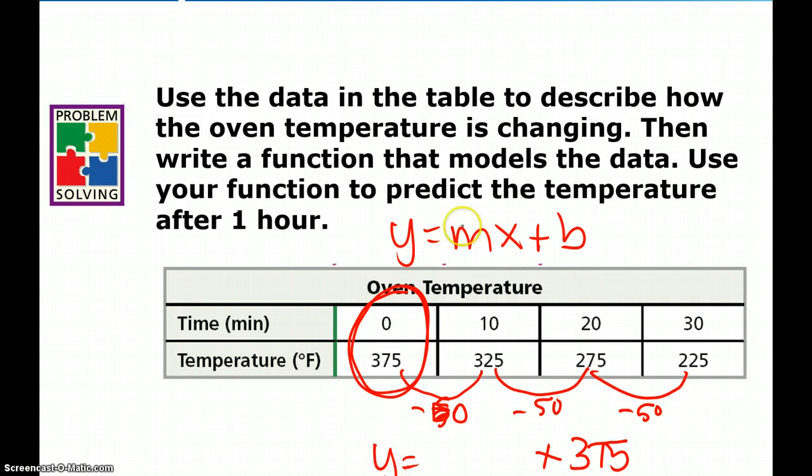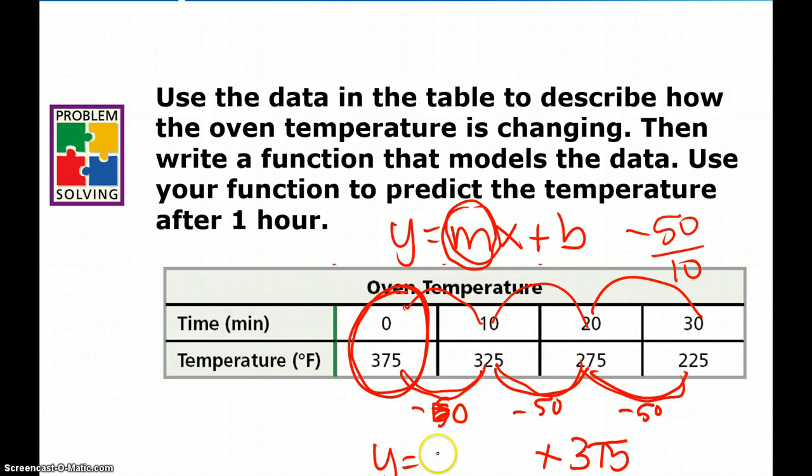And then we got to find our changing amount. Be careful with your changing amount. Your changing amount's not just negative 50. Your changing amount is rise over run. So always make sure you do y over x. Make sure you don't flip it over. But we're going down 50 over 10, down 50 over 10, down 50 over 10. So down 50 over 10 is going to give me a slope of negative 5x